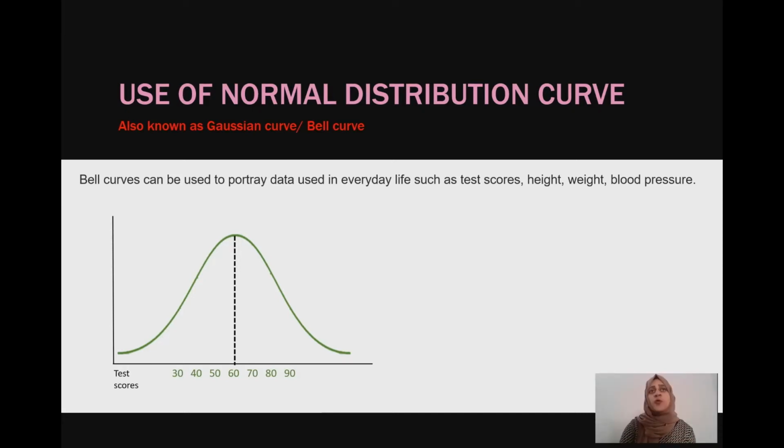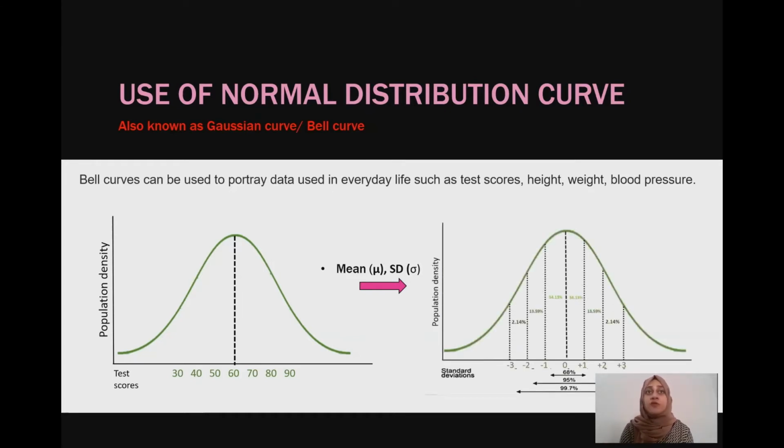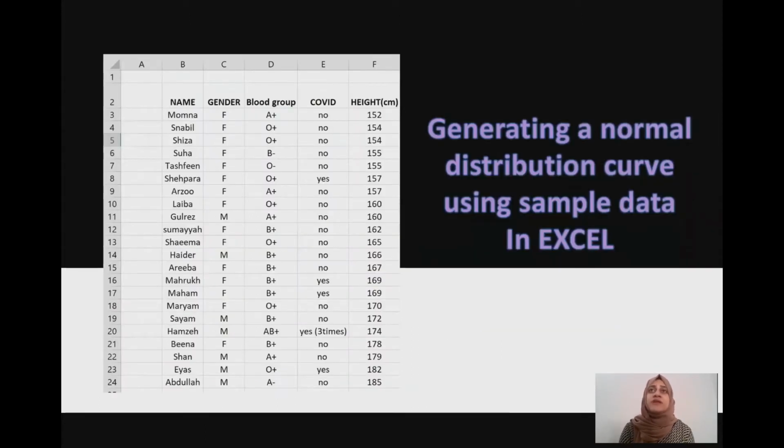So what we want to do is standardize it. When we standardize it, by calculating our mean and standard deviation and plotting it on the curve, this is what the curve should look like. So 60 would become 0, and our standard deviations would be plotted accordingly, and this would give us a bell curve. Now we'll be using Excel and generating a normal distribution curve with our sample data.